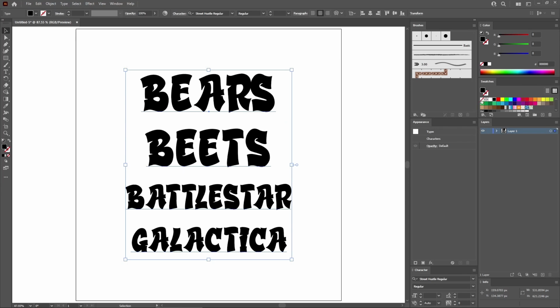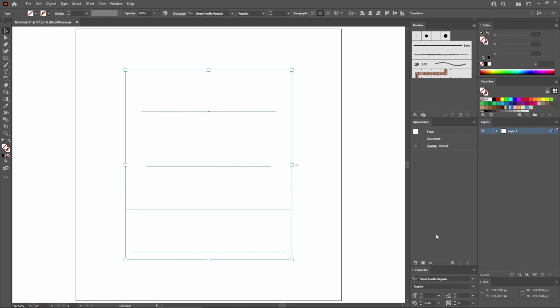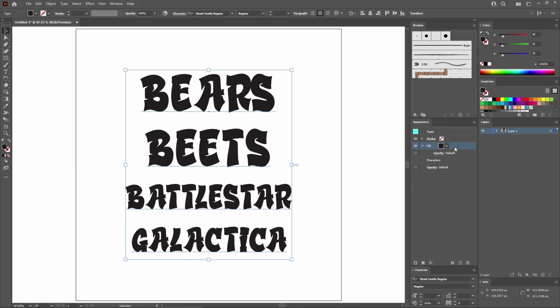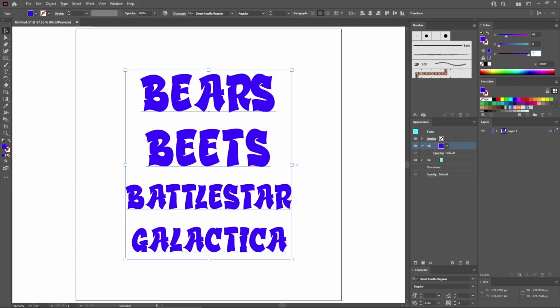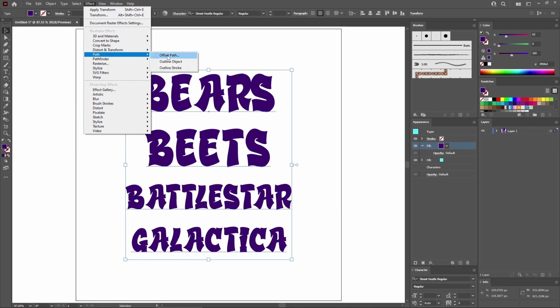First of all, remove the current text color and then add a new fill for your text using this button from the Appearance panel. Keep this new fill selected and replace the color with 50, 255, and again 255. Return to the Appearance panel to add a second fill for your text using this same button. Keep it selected and replace the color with 63, 0, and 109, and then go to Effect, Path, and Offset